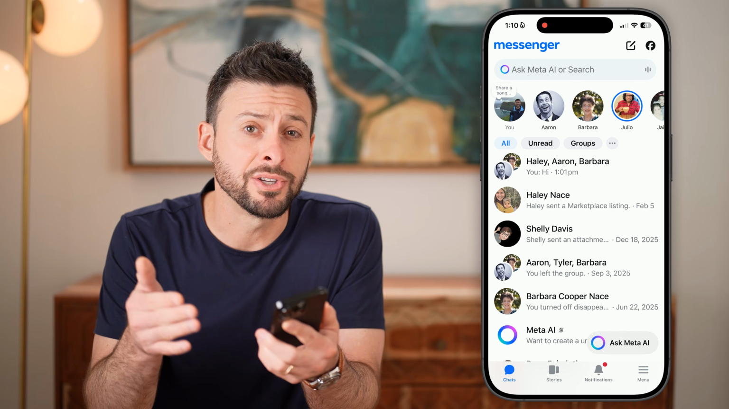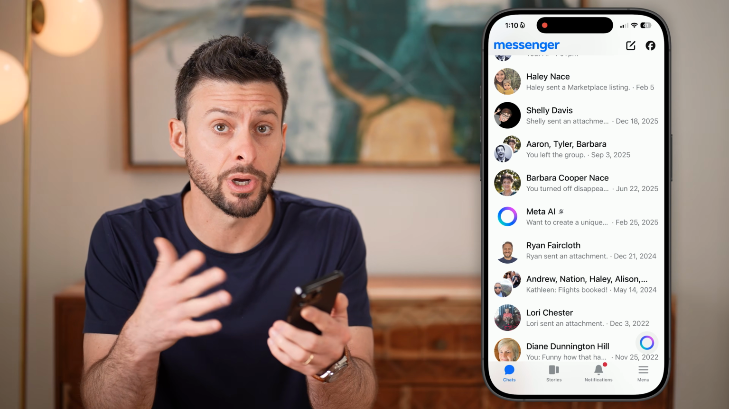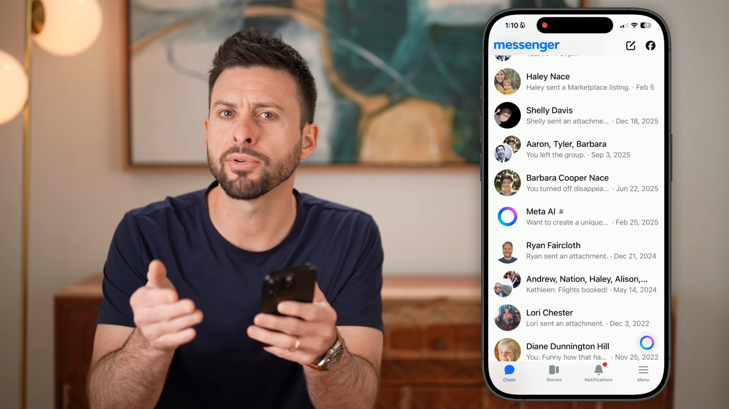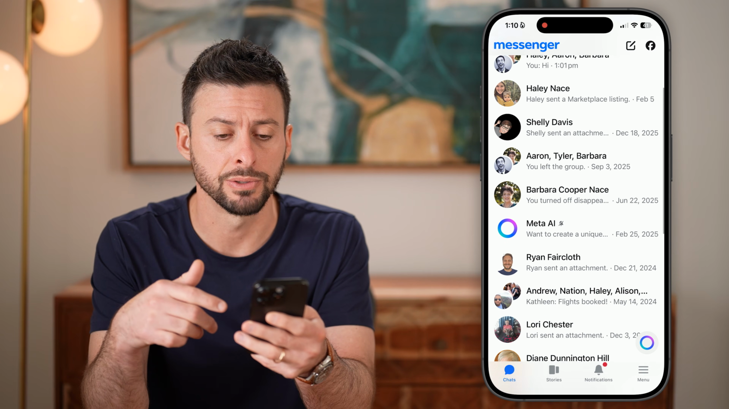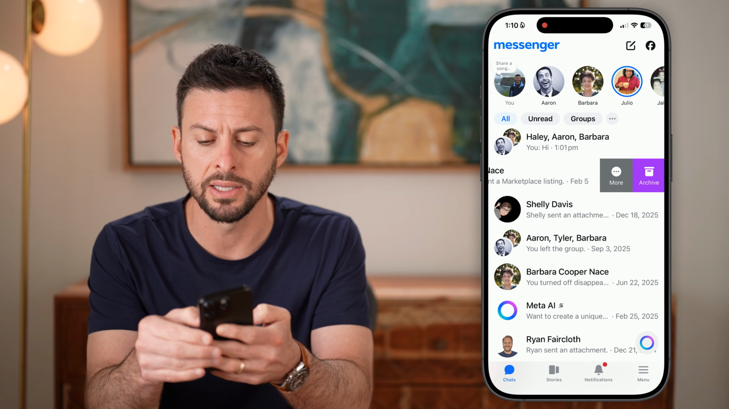Here's how to delete messages in Messenger. Now, if you're in Facebook Messenger on your iPhone, Android, or a computer, there are several different ways that you can delete messages. The first option you have is you can always just swipe to the left and tap on